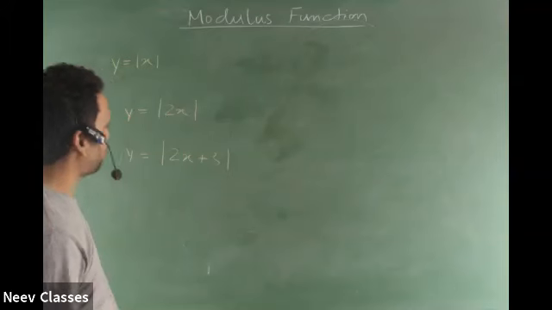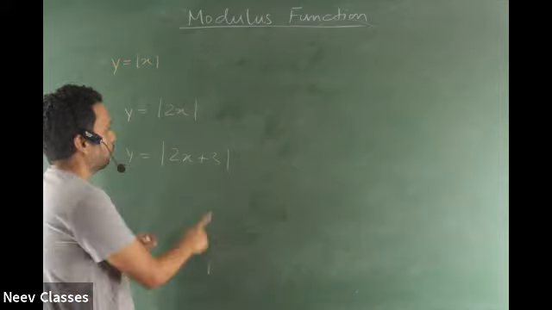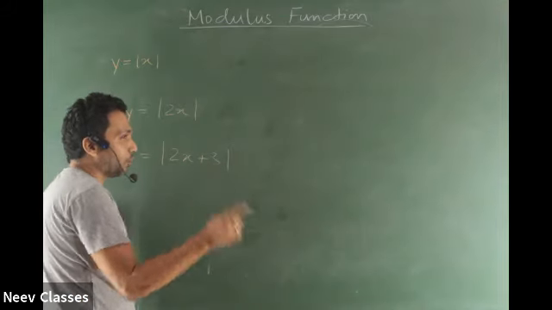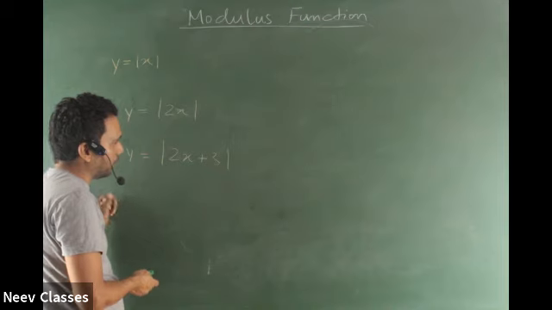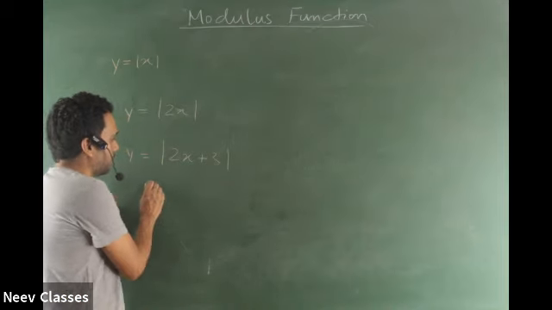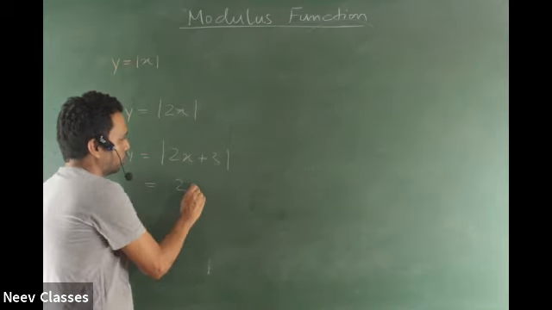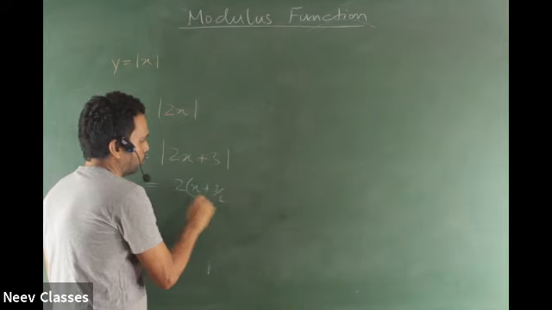Yeah, Aditya, tell me. So it's the graph of mod x which is crunched by 2 and then moved to the left by 3 by 2 units. Absolutely right. Move to the left by 3 by 2, not 3. Remember? So whoever was going to say that it is moved to the left by 3, I know many were going to say that. It's not that. It is 2x plus 3 by 2.